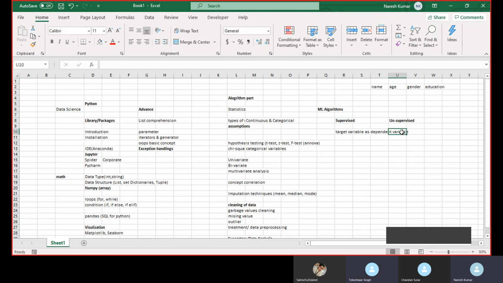If we don't have any sort of target variable, at that time we will be using an unsupervised machine learning algorithm.